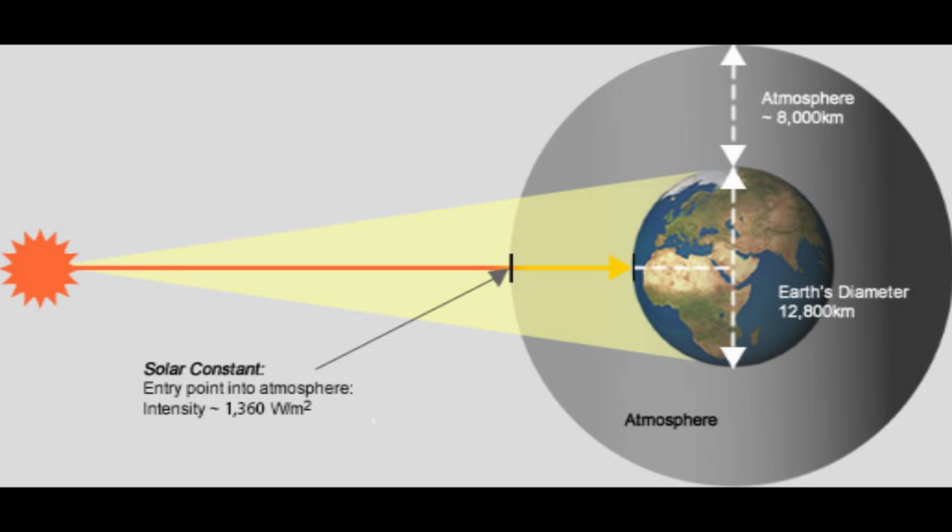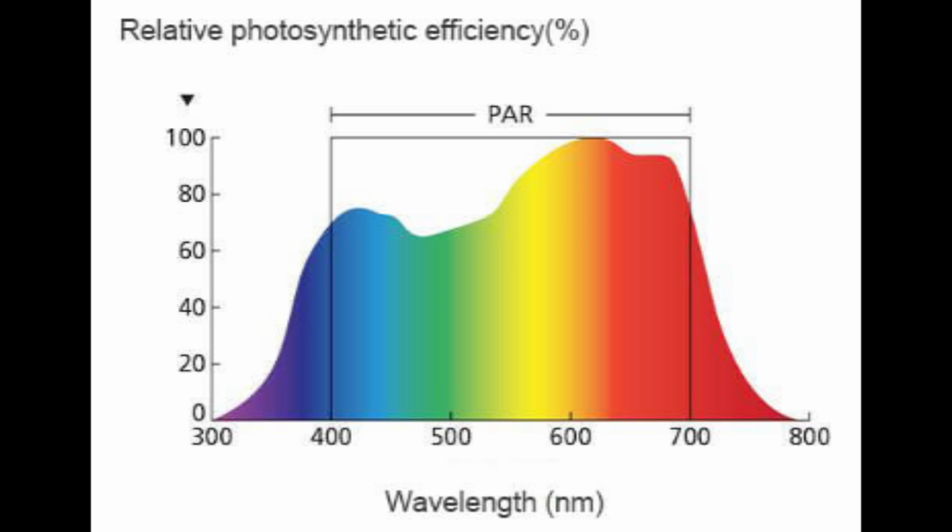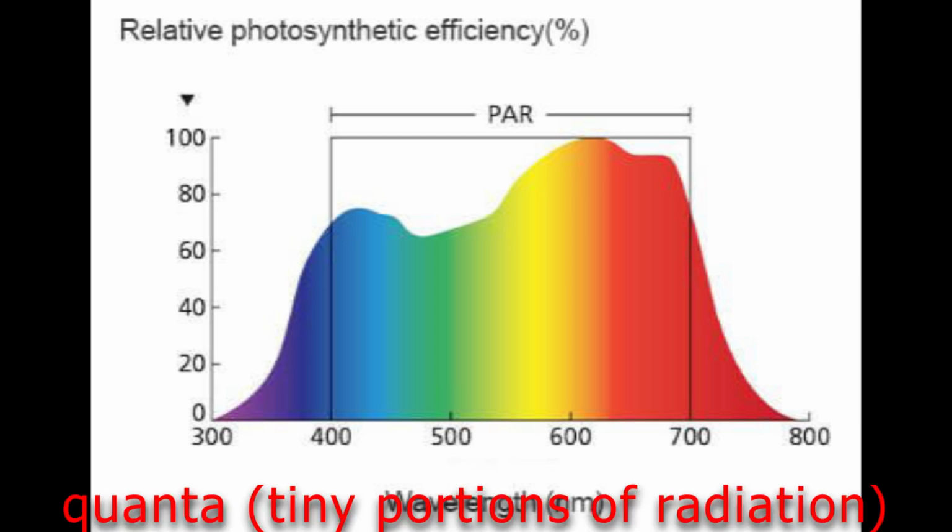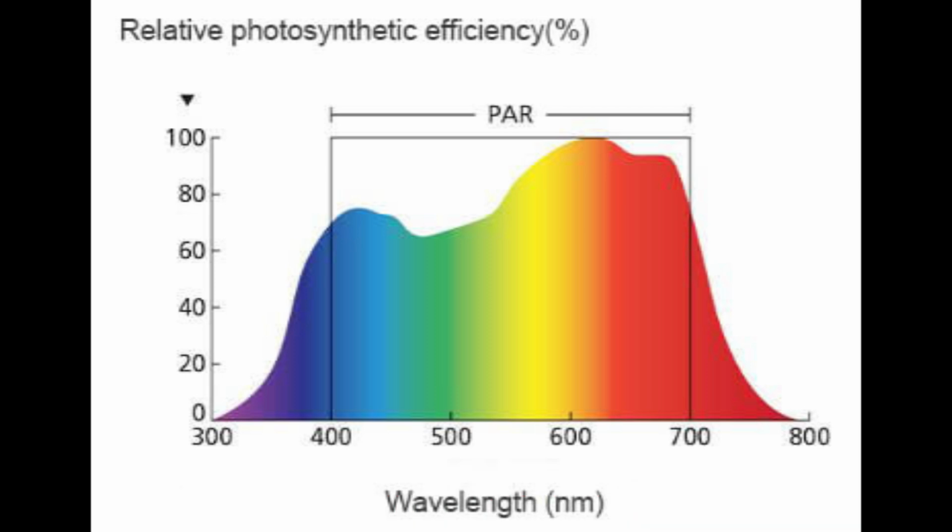The solar constant, the total radiation flux reaching Earth, is 1.353 kilowatts per square meter and fluctuates slightly depending on processes occurring on the Sun and the radius of our planet's orbit at a specific time. The energy of electromagnetic radiation reaches the Earth's surface in the form of quanta. Light quanta are called photons, and they are essential for the photosynthesis reaction. Light with a wavelength of 380 to 710 nanometers is called photosynthetically active radiation.